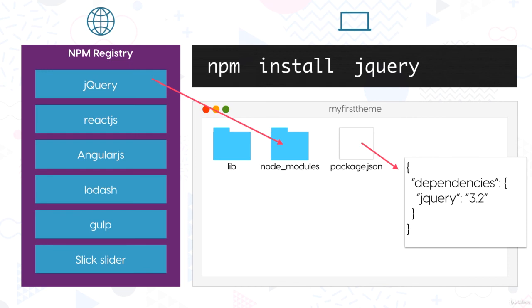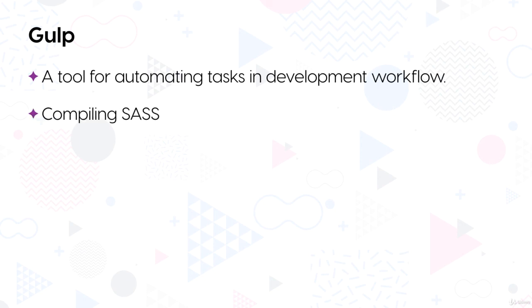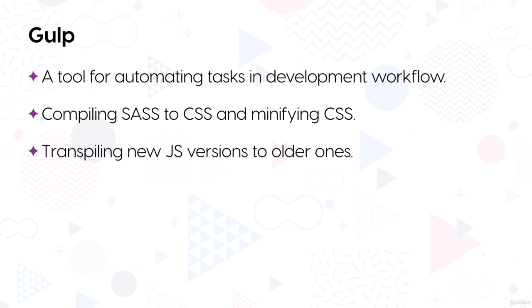Alright, so as you can see in the npm registry, we have a package called Gulp. So this is actually the first package that we're going to use from npm, and it will help us in task automation. So Gulp is a tool for automating tasks in your development workflow. These tasks include compiling Sass to CSS and minifying CSS, transpiling new JavaScript versions to older ones in order to support older browsers,